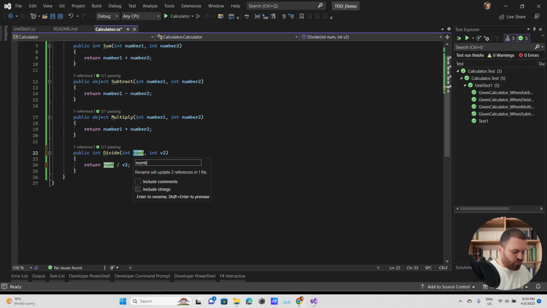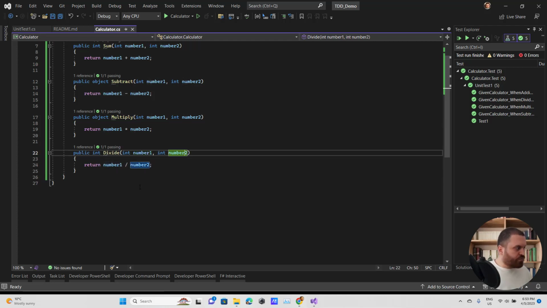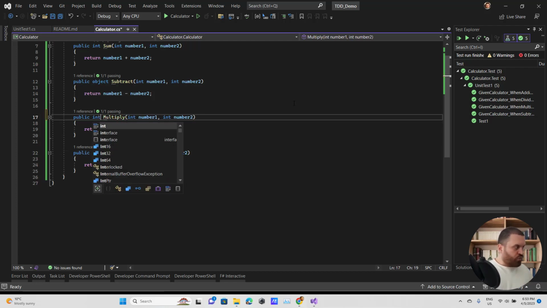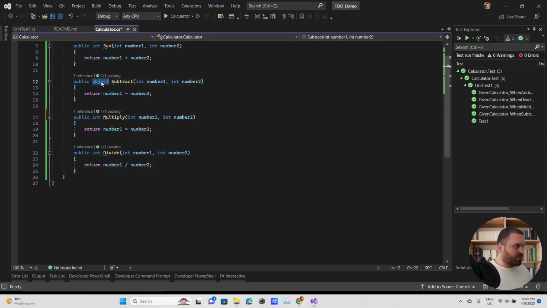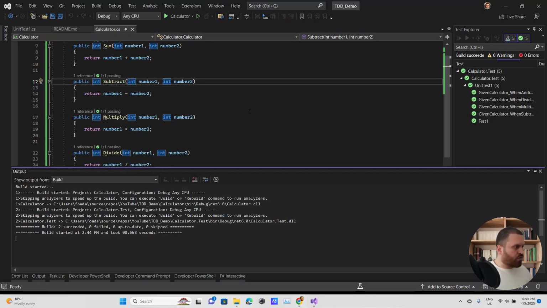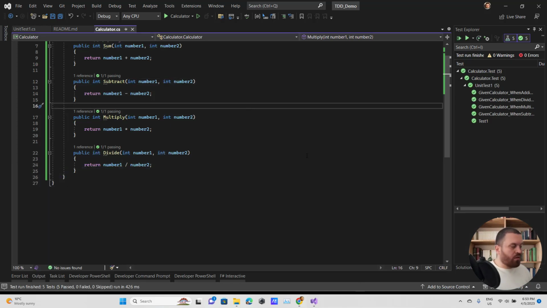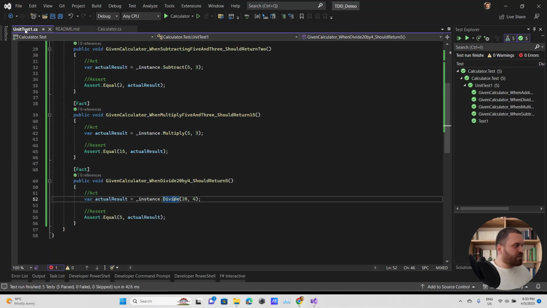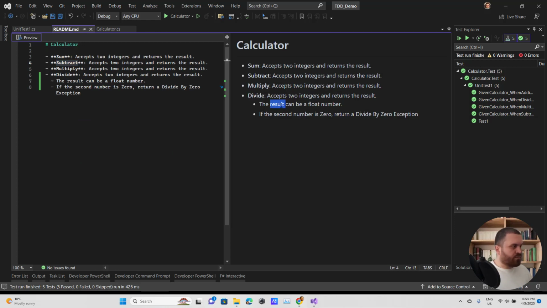I'm changing it to number 1 and this one to number 2. I'm going to change it to integer and the other object to integer. I missed them, sorry for that, but it happens. They are all green.